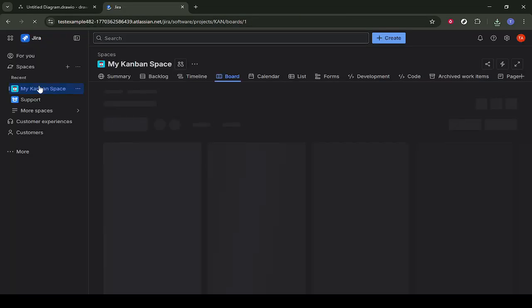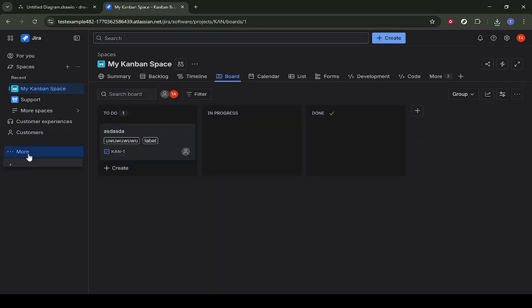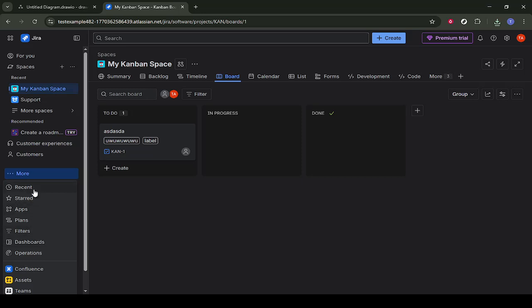Open or create a Confluence page where you want the diagram to appear. Edit the page, then use the / command in the editor. Type /draw.io or start typing the word draw until you see the Diagrams.net macro appear in the suggestions. Select that macro. This is how you either create a new diagram or embed an existing one directly in the